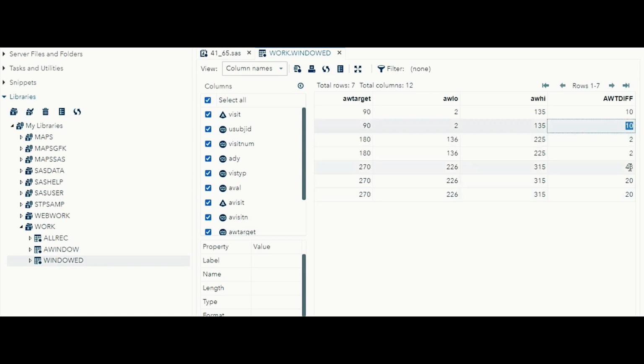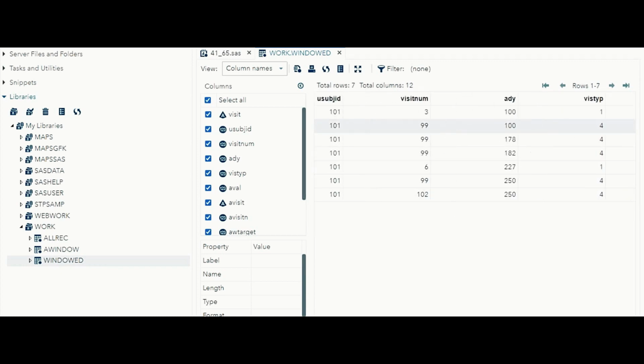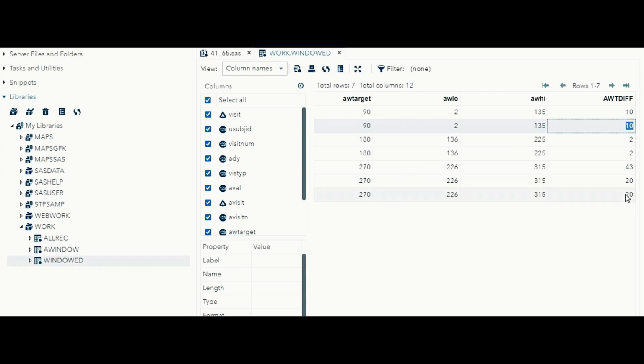If the differences are, for example, 43, 57, 90, 100, like that, which value has the lowest, the one closest to the target? If it is 19, then we pick this 19 value. If the differences are the same, we have to check which one has the last visit, and we pick that value. If even the visits are the same, we have to check the sequence number.